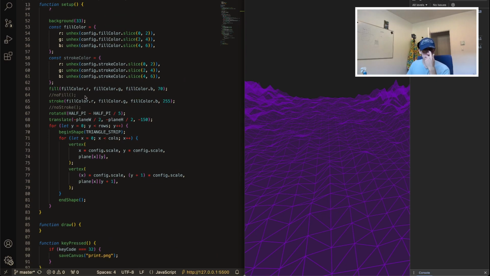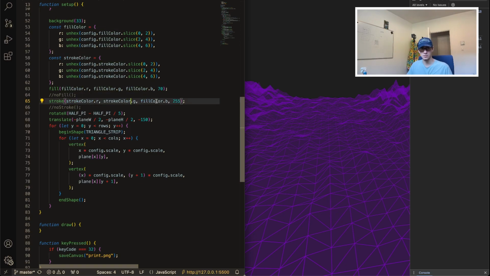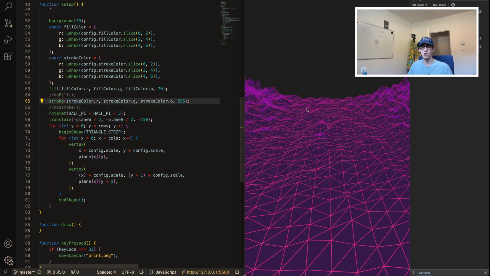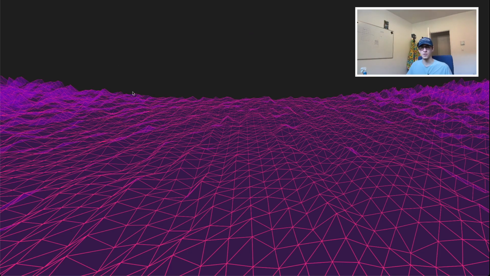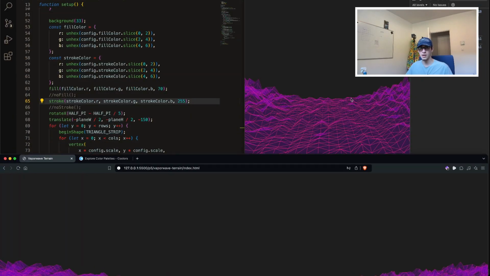Oh, yeah, that makes sense. I need to use the stroke color for this. Done. There you go. Oh, that's cool, right? If we took a look at this one, there you go. So that's pretty cool. We could try now if we were to take a look again at the